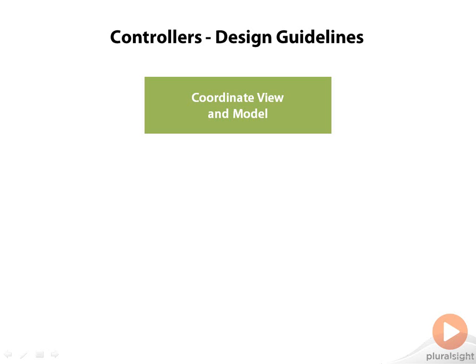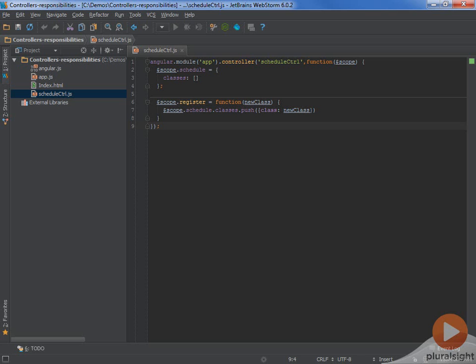Let's look at an example. Here I've got an overly simple controller. This controller handles some interaction on a class registration page. The controller is doing two things. It's initializing some kind of model object that contains a list of classes in the current student schedule, and it's defining a register function that is probably called when the user clicks on something to add a class to their